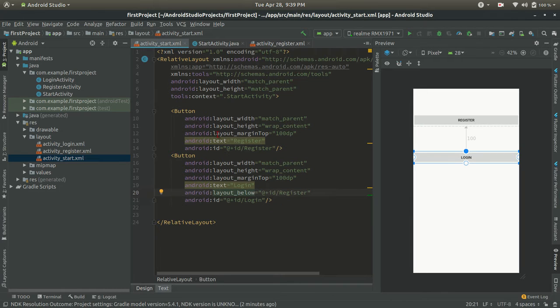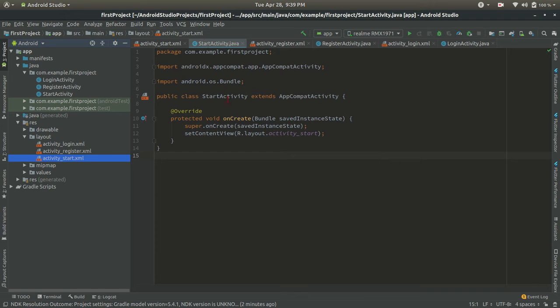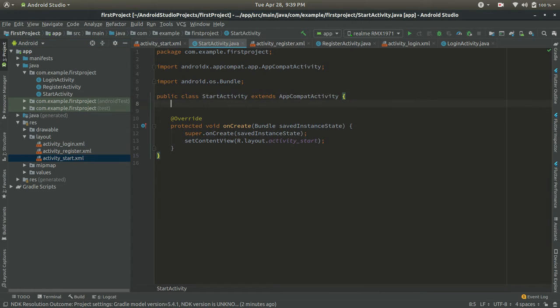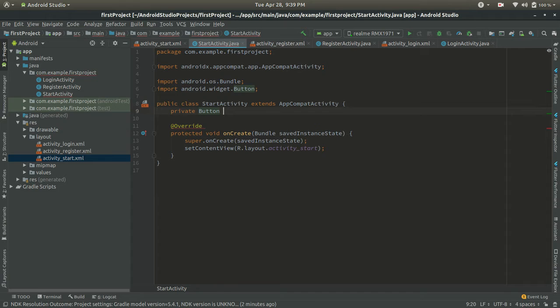Now let's go to the start activity.java file. In the start activity.java file, we will create private button, register button, and login button.